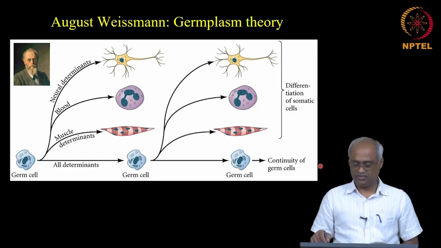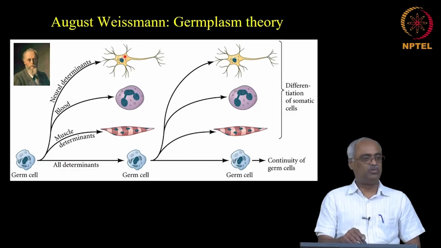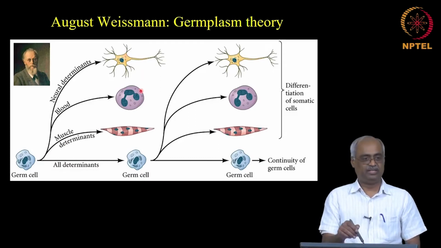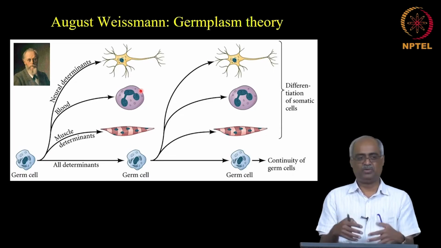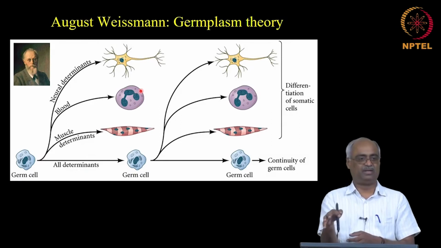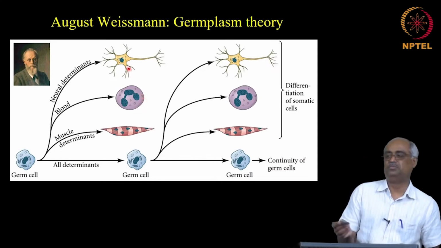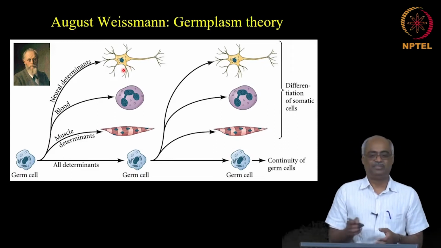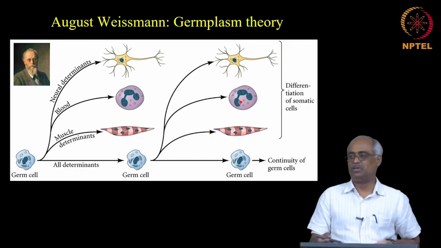Whereas the somatic cells that come out of these germ cells in every generation, that is, germ cells fuse like the gametes fuse, generate the zygote, and from the zygote you get germ cells as well as the rest of the body, and the rest of the body, for example muscles, receive only the instructions needed to make muscle, and blood cells receive only the instructions to make blood cells. Neurons receive the information to make neurons. So, this is what germplasm theory is, and this is how he thought different cells become different kinds of cells.